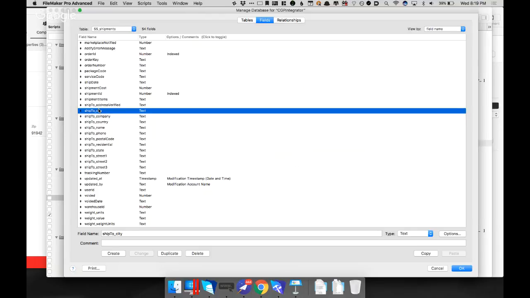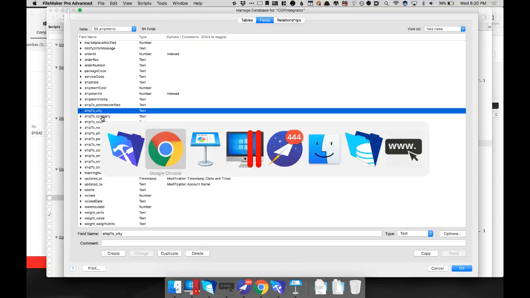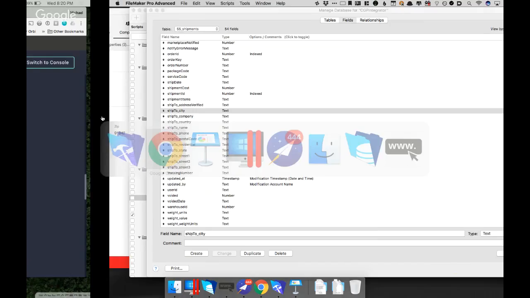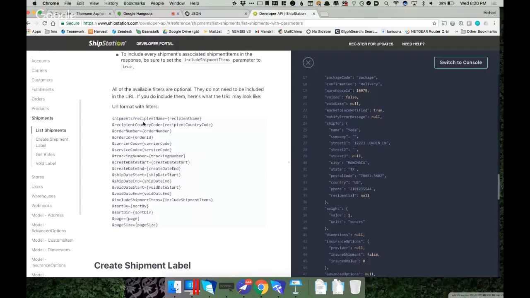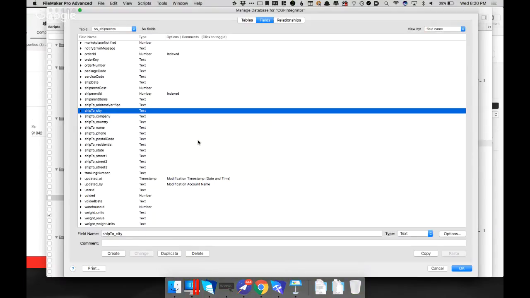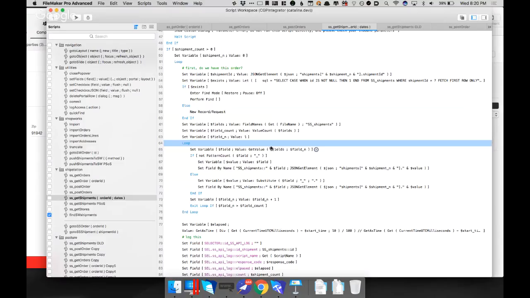I just want to store it in the same table. I'm not going to create another related table or anything like that. So as I'm looping through all my fields, I look to see if the field name has this. And if it does, then